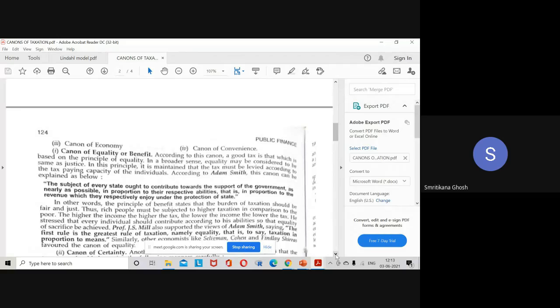Someone who is more productive, who has some skill, if he is more productive, he should get more. And who cannot work should get less. On the other hand, if there is a physically disabled individual, he should also get something. Okay, so this is what you can say is according to justice. The wealth or income should be distributed according to that. So this is the first one, the canon of equality. So the tax should be like this: everyone should get according to justice.